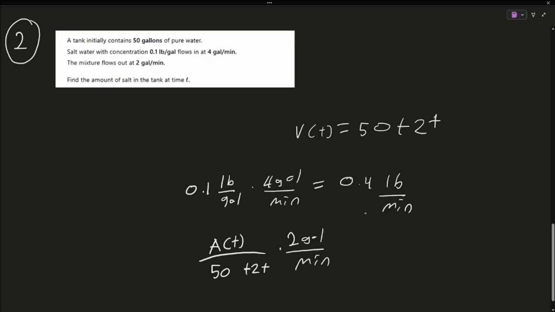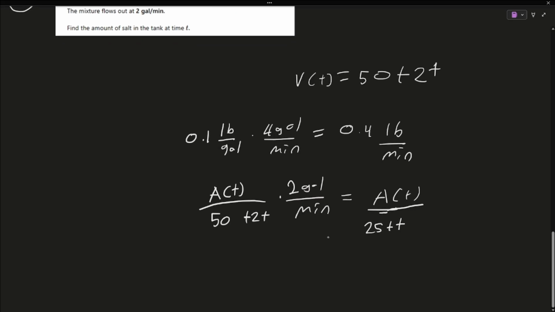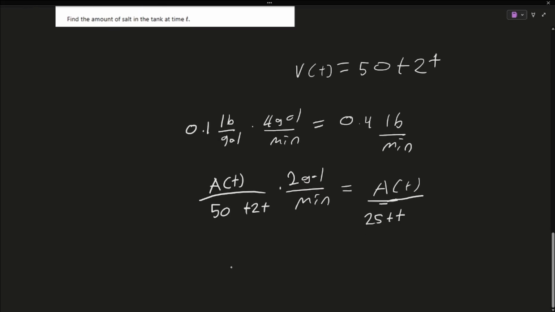So what we will have is, I'm going to simplify this expression, and we will have A divided by 25 plus t. Okay, you can just divide these two by 2 and simplify it. And this will be our rate out, A of t over 25 plus t. Now that we have this, let's subtract rate out from rate in. So 0.4 minus A divided by 25 plus t equals the rate of change, dA